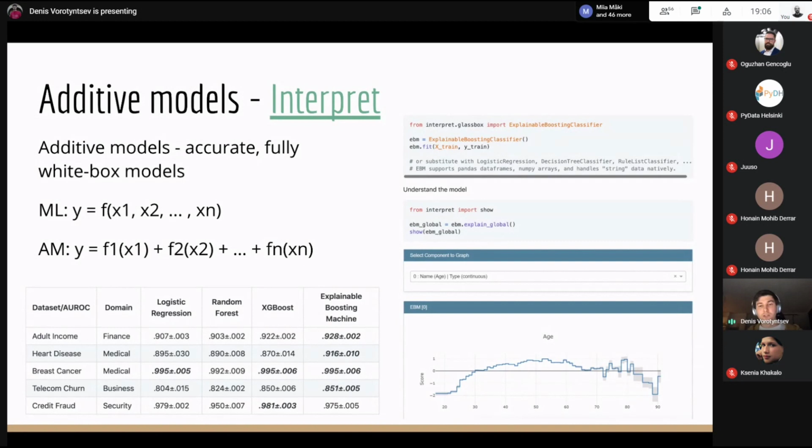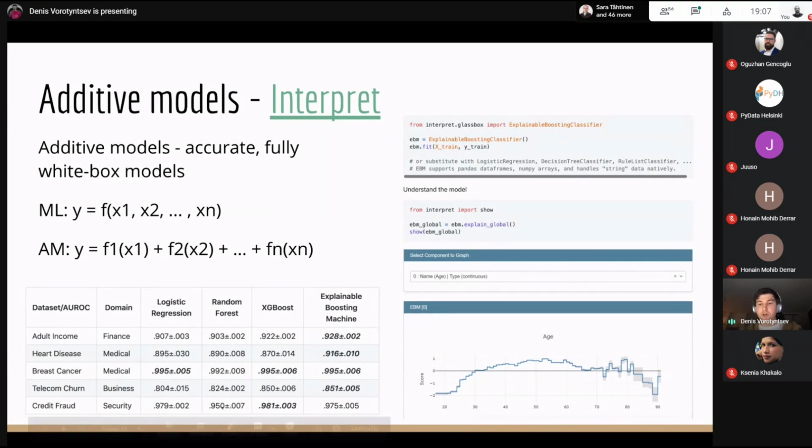So on the right part of the screen, we call our explainable boosting classifier, we train it, we ask it to show the most important features. And for example, in this task, we may see the dependency between the output of the shape function and age. I believe in years. So we may see that between 20 and 70 years, the shape function seems quite nice, and we may understand this dependency. But after 70 years, the shape function is not smooth. It's just jumping up and down.